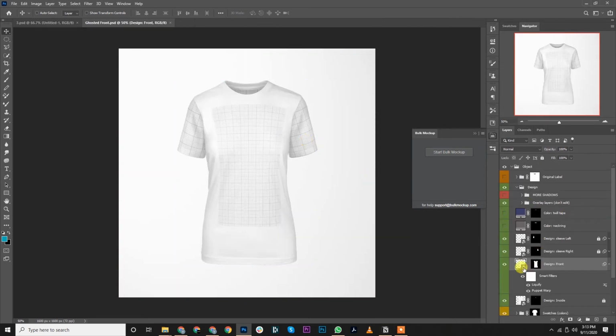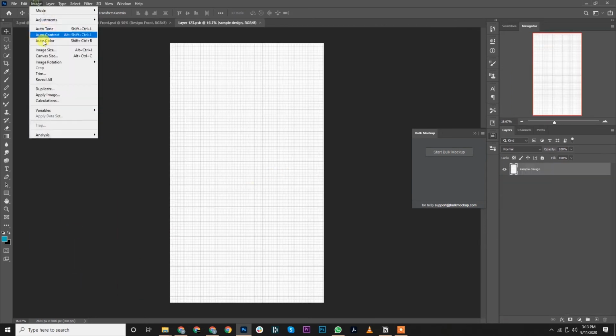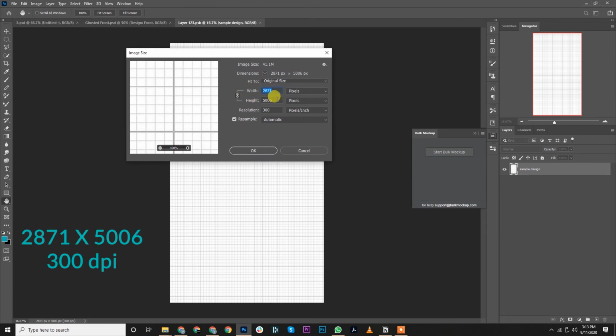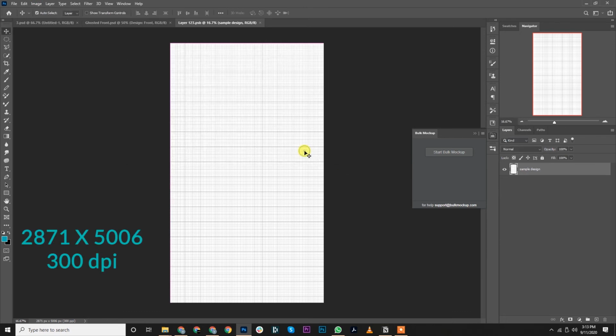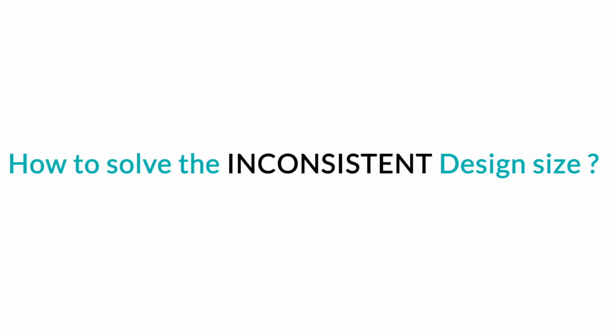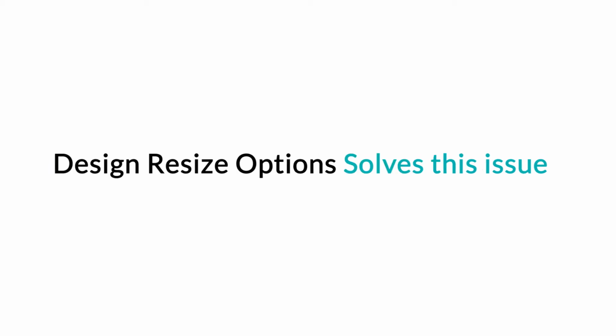Similarly, each mockup template has a different smart object layer dimension. And that is the reason for our inconsistency. So now you can clearly see the inconsistency in the size of a design file and the smart object layer in the mockup template. Bulk mockup is loaded with the design resize option to deal with this kind of inconsistency.